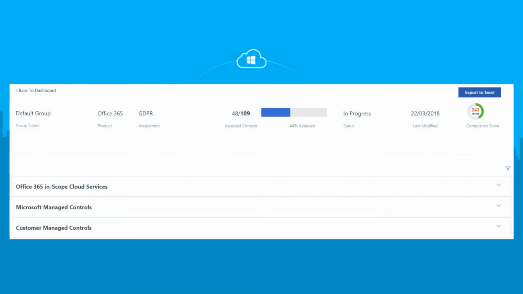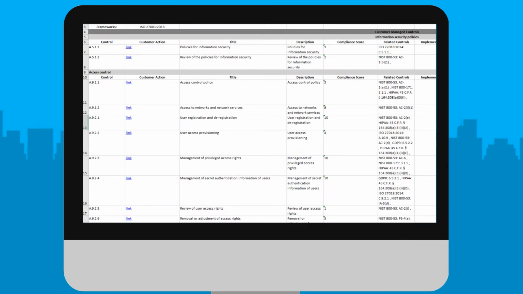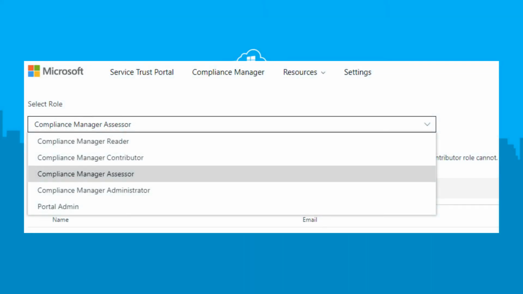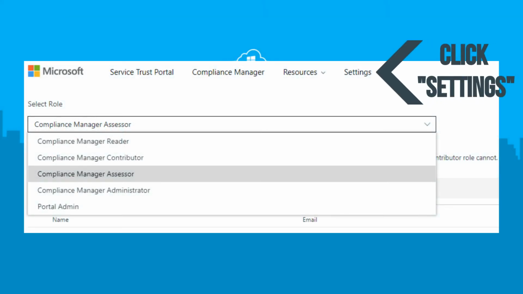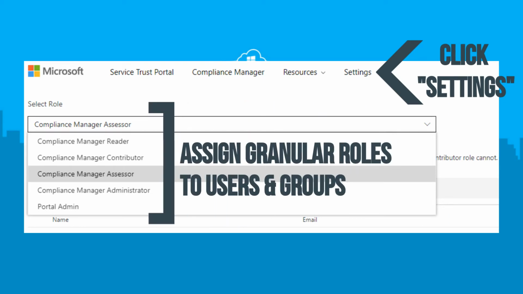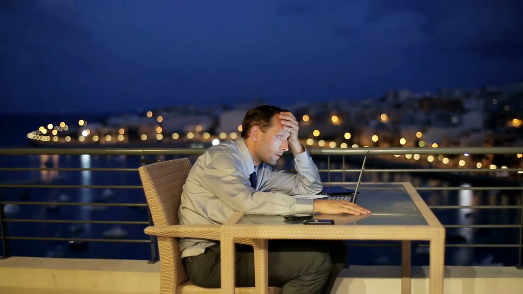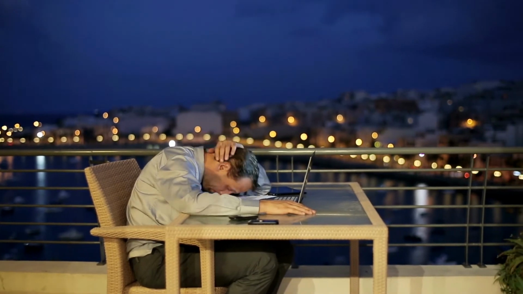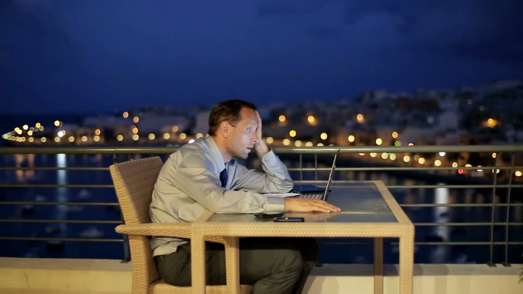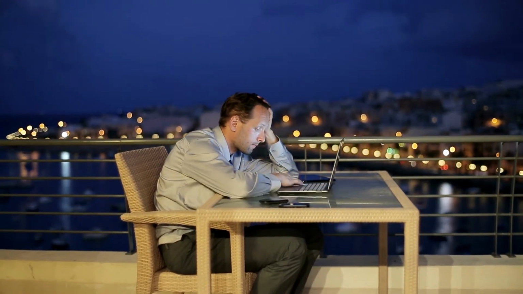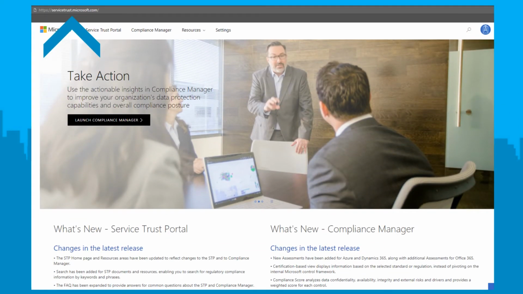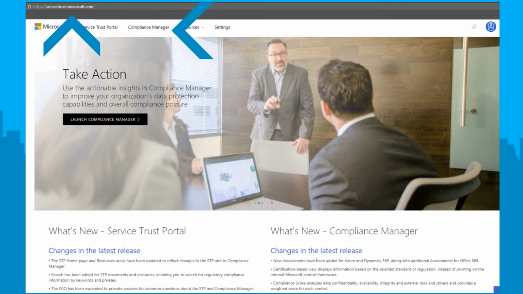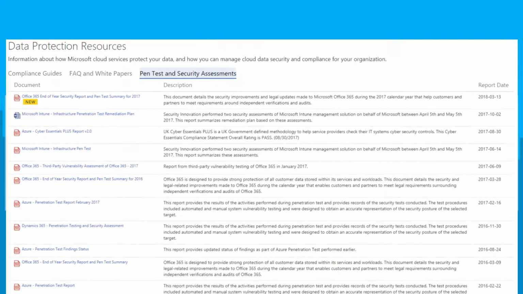With one click, you can export all of the above to Excel, making it easy to pass across to third-party auditors. It uses Azure role-based access controls, so it's easy to give specific granular levels of access to different parts of your organization. Stop passing spreadsheets back and forth with your internal GRC team. Give them access and let them get what they need for themselves. It's integrated into the Service Trust Portal, which puts all of Microsoft's third-party audit reports, pen testing results, and compliance